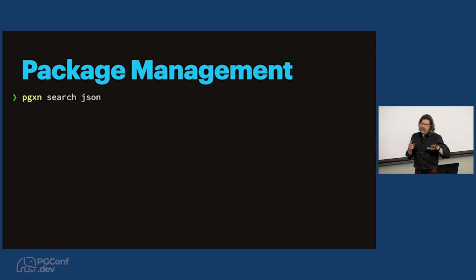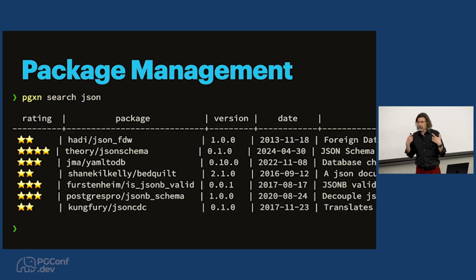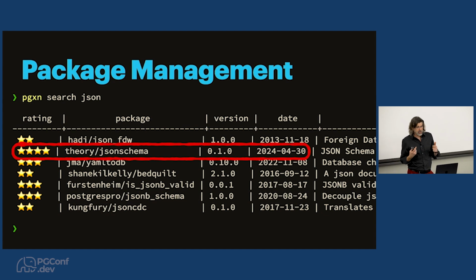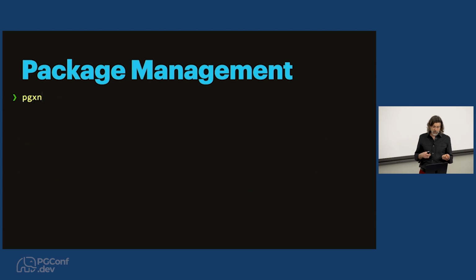So let's just look at some signal and installation stuff here. Let's say that I am using the command line client and I want to manage the schemas of my JSON for some way. So I do a search for JSON and it can return search results from the REST API for PGXN to show you what's available. And maybe for some level of signal, maybe we're depending on some sort of rating service where users have star-rated extensions. There are other ways we can build signals and include them in a client like this, as well as the web interface, but you can look at this and say, oh okay, there was a recent release of this one and it has 4 stars. That looks pretty good. Let's go ahead and install it.